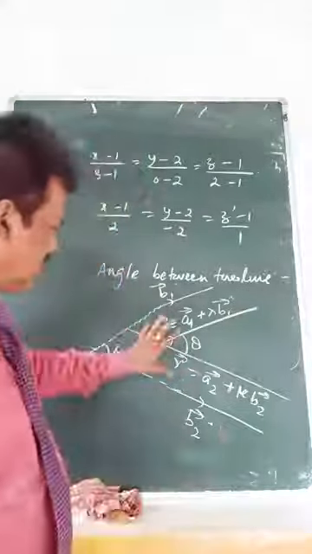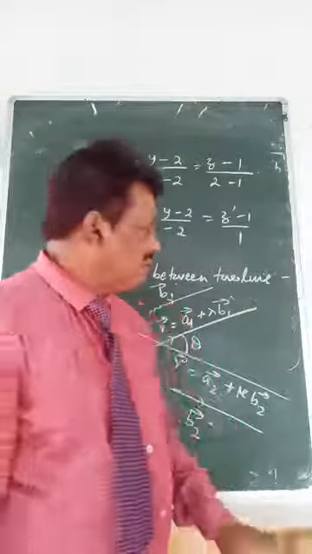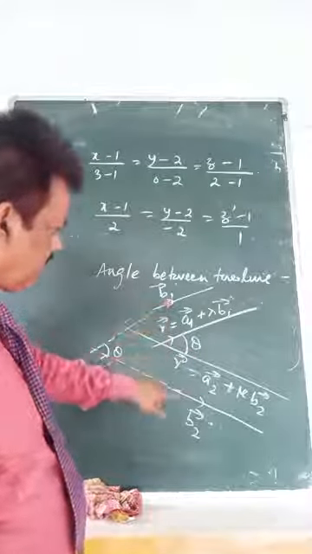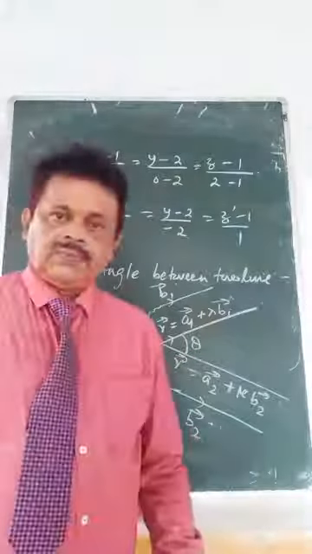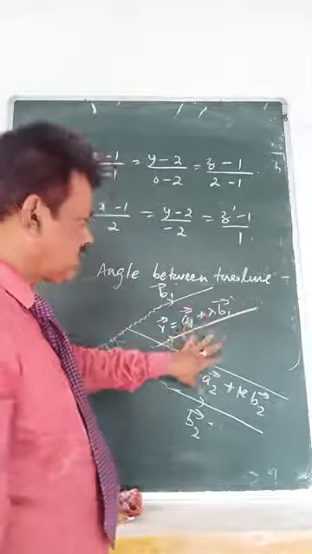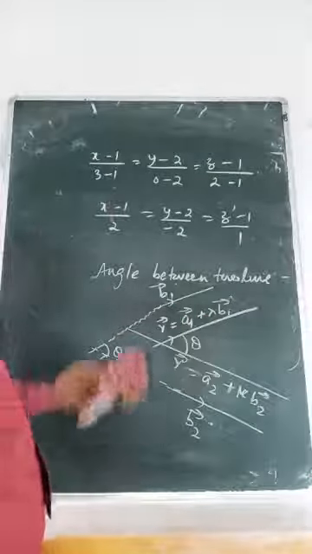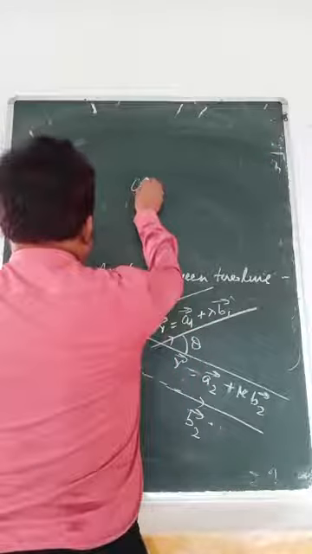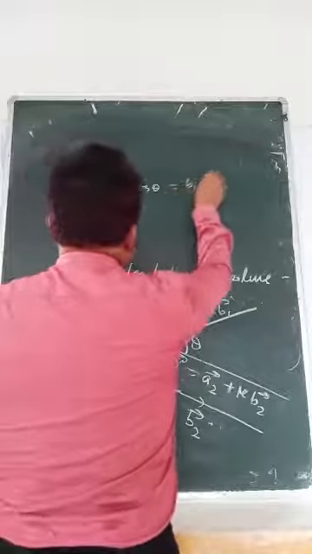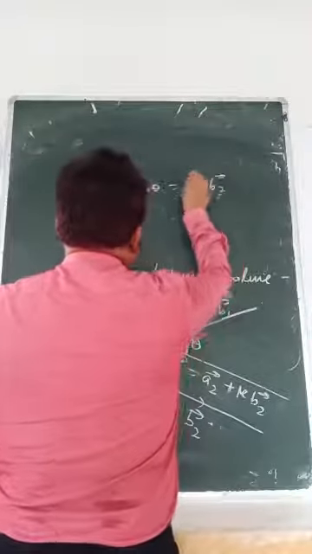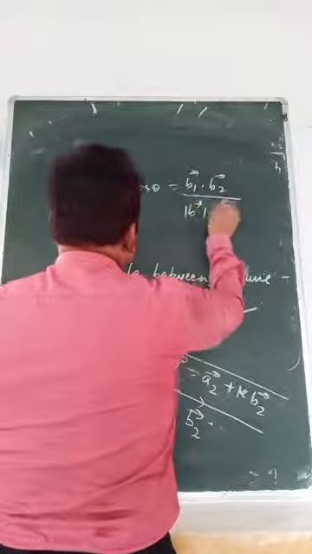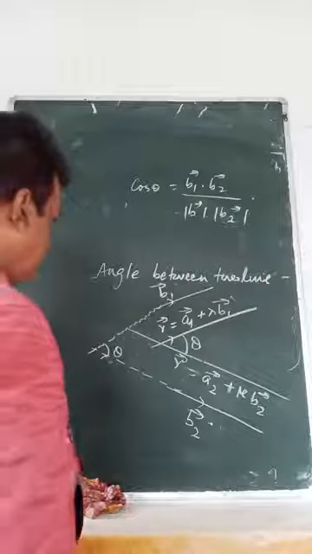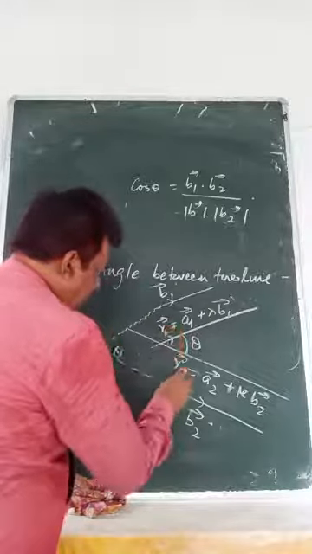But this year, this is not in our syllabus, but you should have a concept. Finding the angle between 2 lines is same as finding the angle between their parallel vectors. Okay, this we will not discuss. Its formula only I am writing for you. That is cos theta equals to b1 dot b2 by modulus of b1 modulus of b2. If you want to write, you write r1, this is r2.